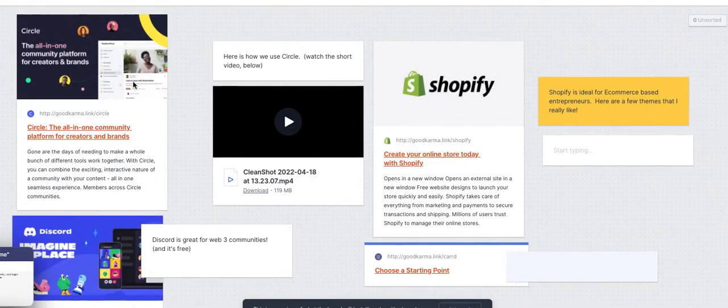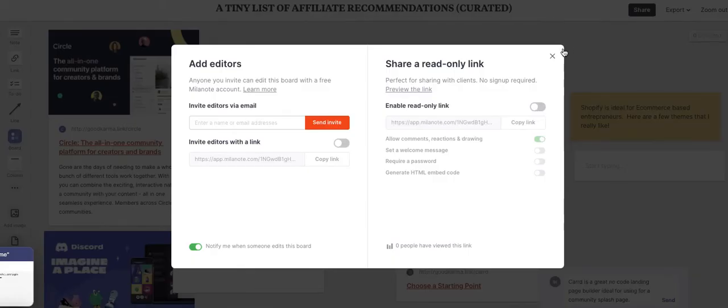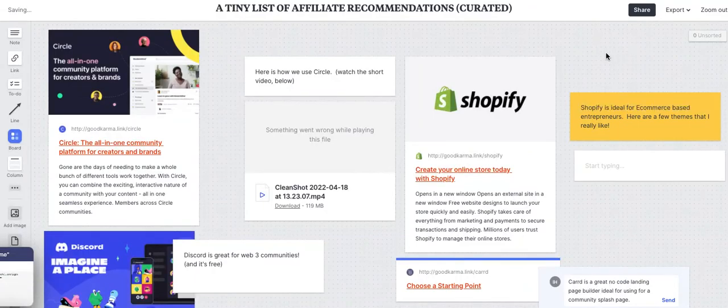All right, as you can see, the video is reloaded. Here is what they would see. Now, this is not completely organized yet, so I'd add some structure to this so it wasn't so haphazardly displayed on the screen. But as you'll see in a second, the PDFs actually turn out pretty nicely, even with things haphazardly set up on the screen. The other thing I generally do is I use a template. And there are some really beautiful templates available in MilaNote that allow you to aesthetically present your content in a really highly stylized and well-structured way. But we're not going to do all that here because I'm recording this for free on YouTube for those of you who